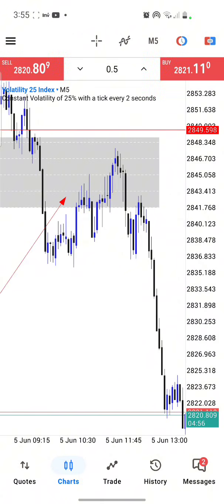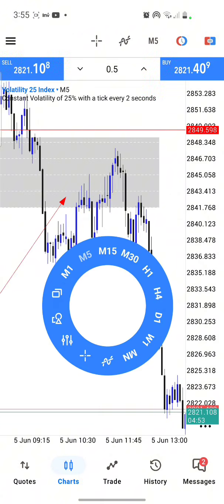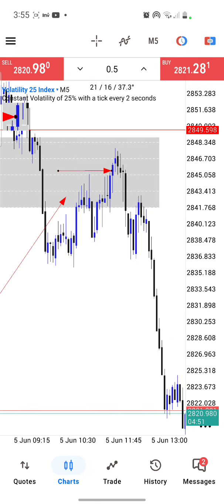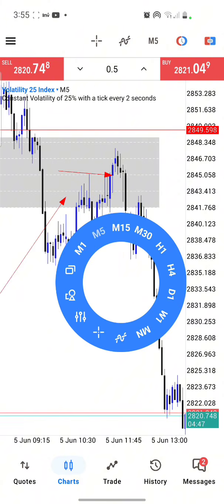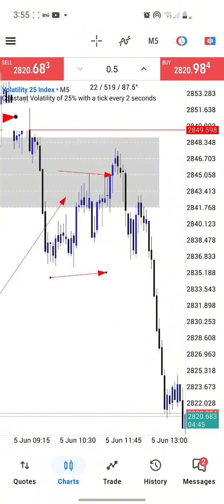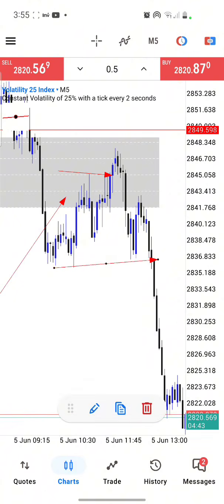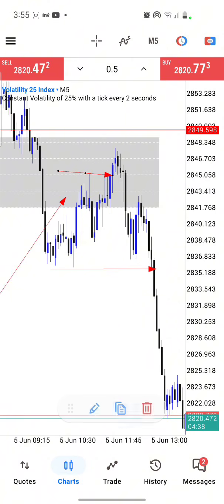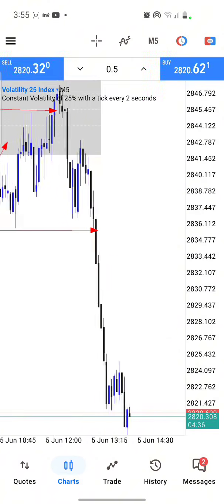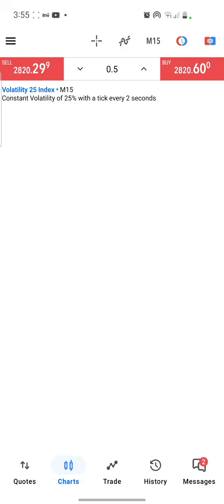So change of character, we entered the move entry here. So change of character is a break to the top side, a sweep to the top side, then a sweep to the downside, and that is our lovely change of character, of which was a beautiful trade, very beautiful trade. And then I exited. Now our TP is actually still very far off.